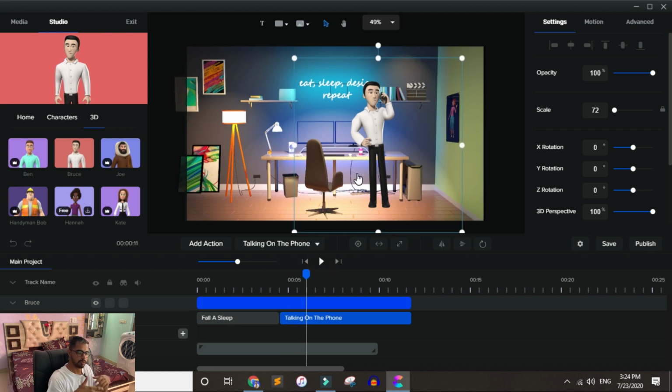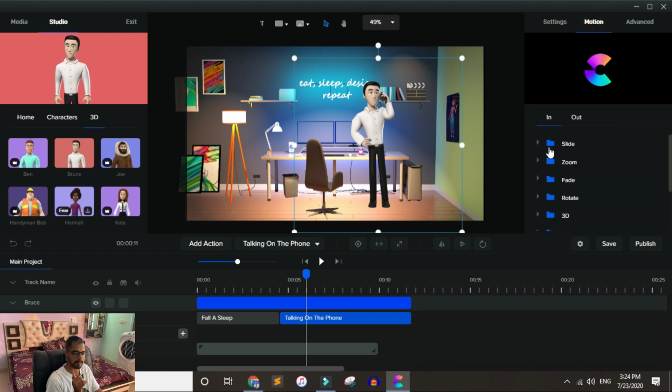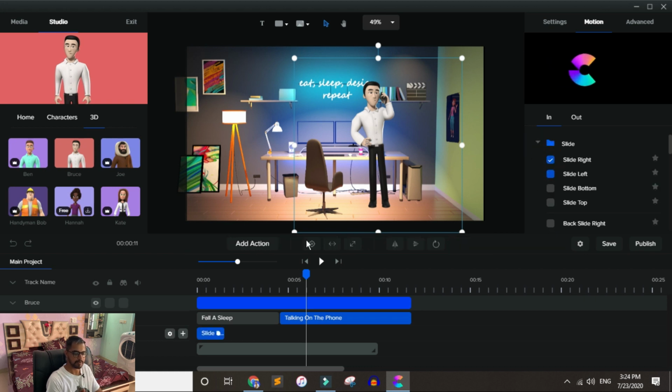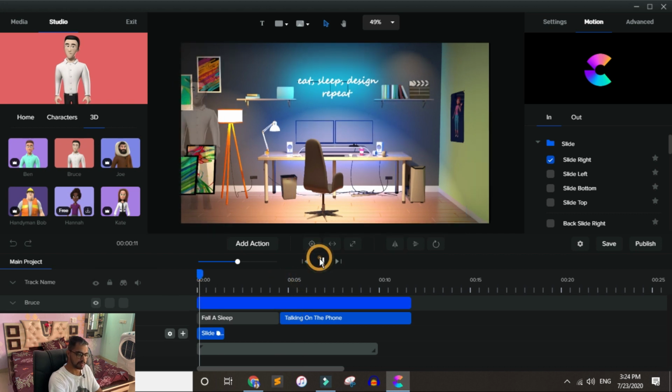In Create Studio, you can create animation videos, but you can also create promotional kinds of videos as well. And there is one very important thing available in Create Studio, that is the motion tab. So it's like a built-in kind of animation. Maybe if I apply this one, let me just show you. This thing now arrives from the left-hand sidebar.